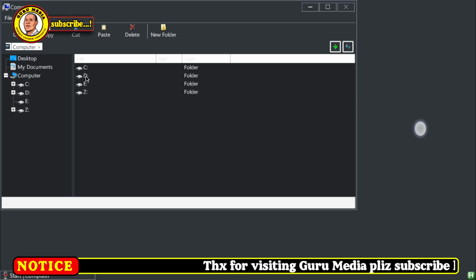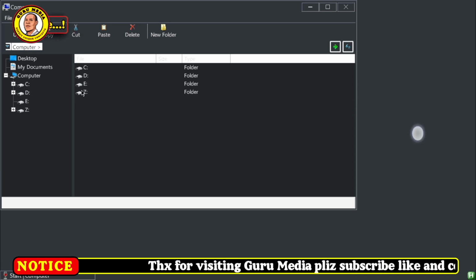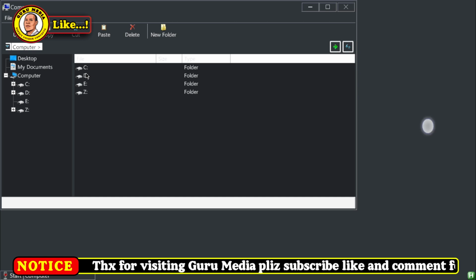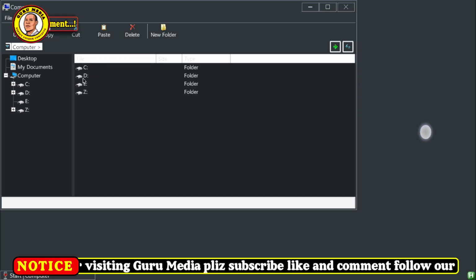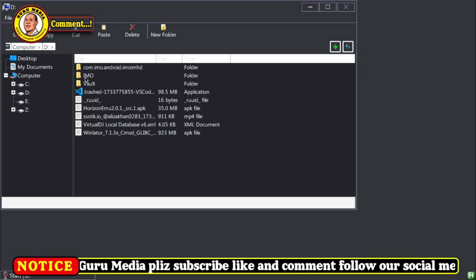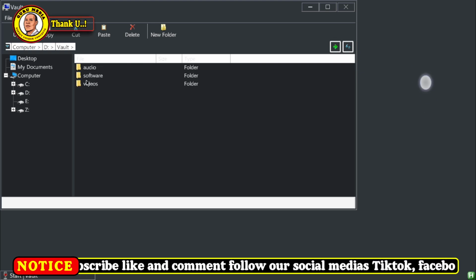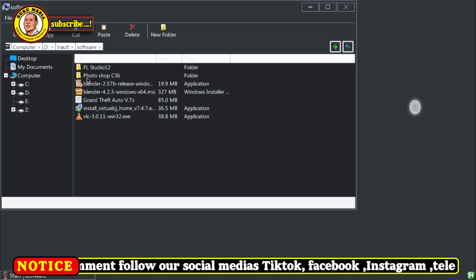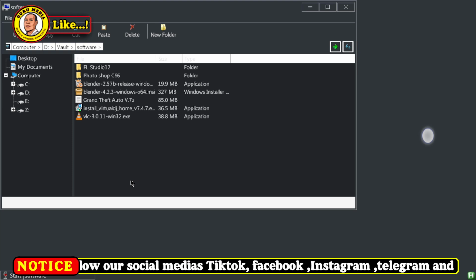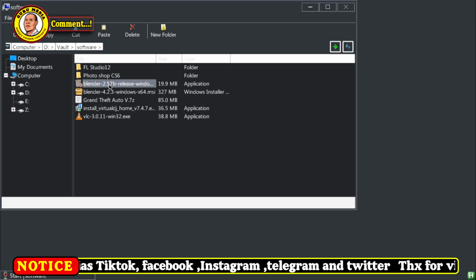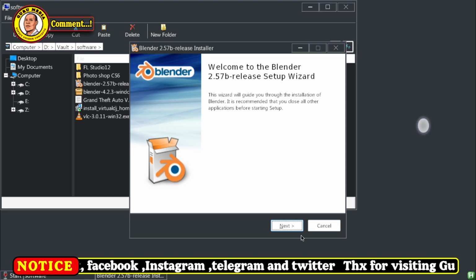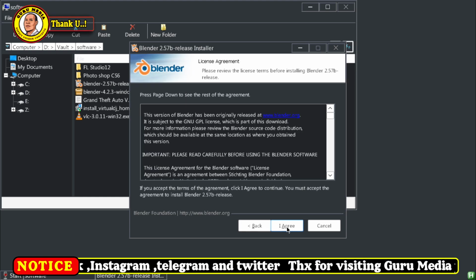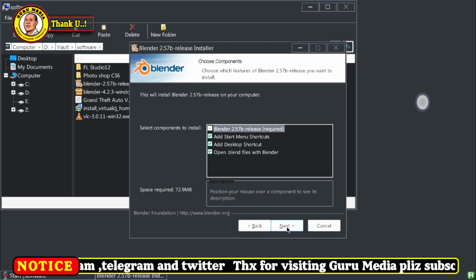As I told you, if you want to install anything on this emulator, it has to be in your download folder, but from this emulator you will be able to access it from the D folder. As you can see, I have my software here. From my phone they are in the download folder, but in my emulator it is here in D. Let us try to install Blender, just for the sake of trying. As you can see, this is Blender. If you agree,